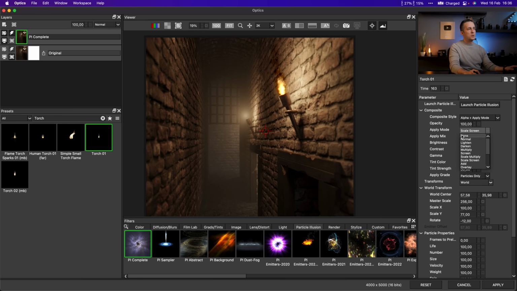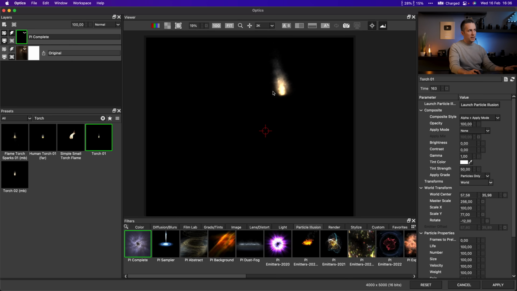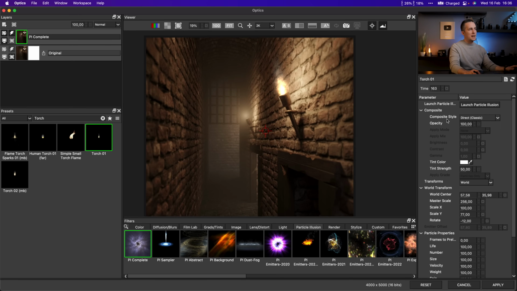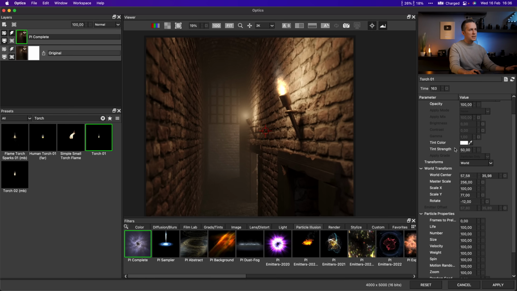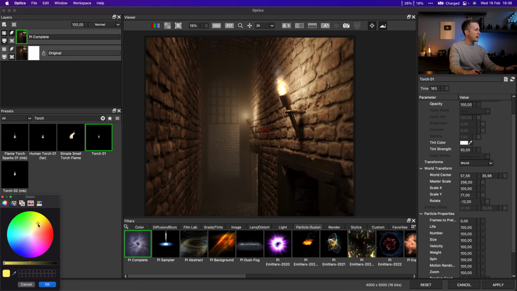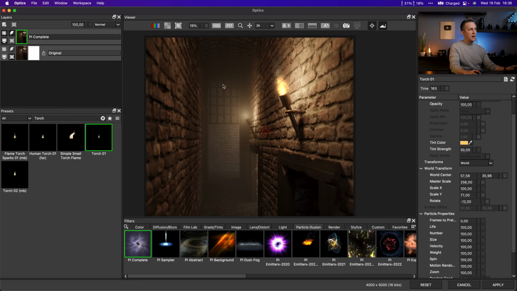But also if you go to none and apply it in Photoshop, it will apply like this, and then you can put it in different blending mode and use it like that. But I will go with the direct classic and use it like this. Then I will just go and add a little bit of the tint. So we can go and add some color like this. Perfect. And you can see it's a little bit more warm, and we can control the tint. If you like it like this, more cartoonish, pretty cool. If you like it like that, I will just add a little bit of the tint like this, and then